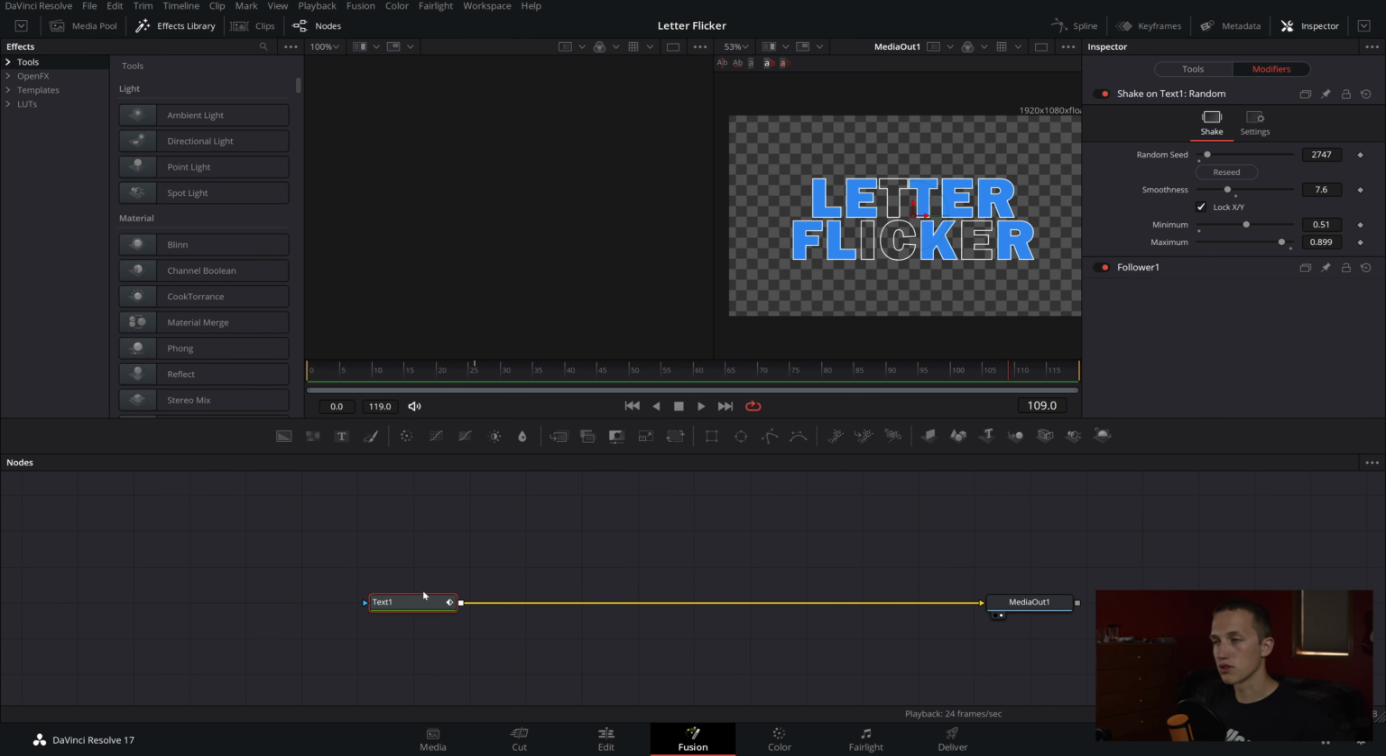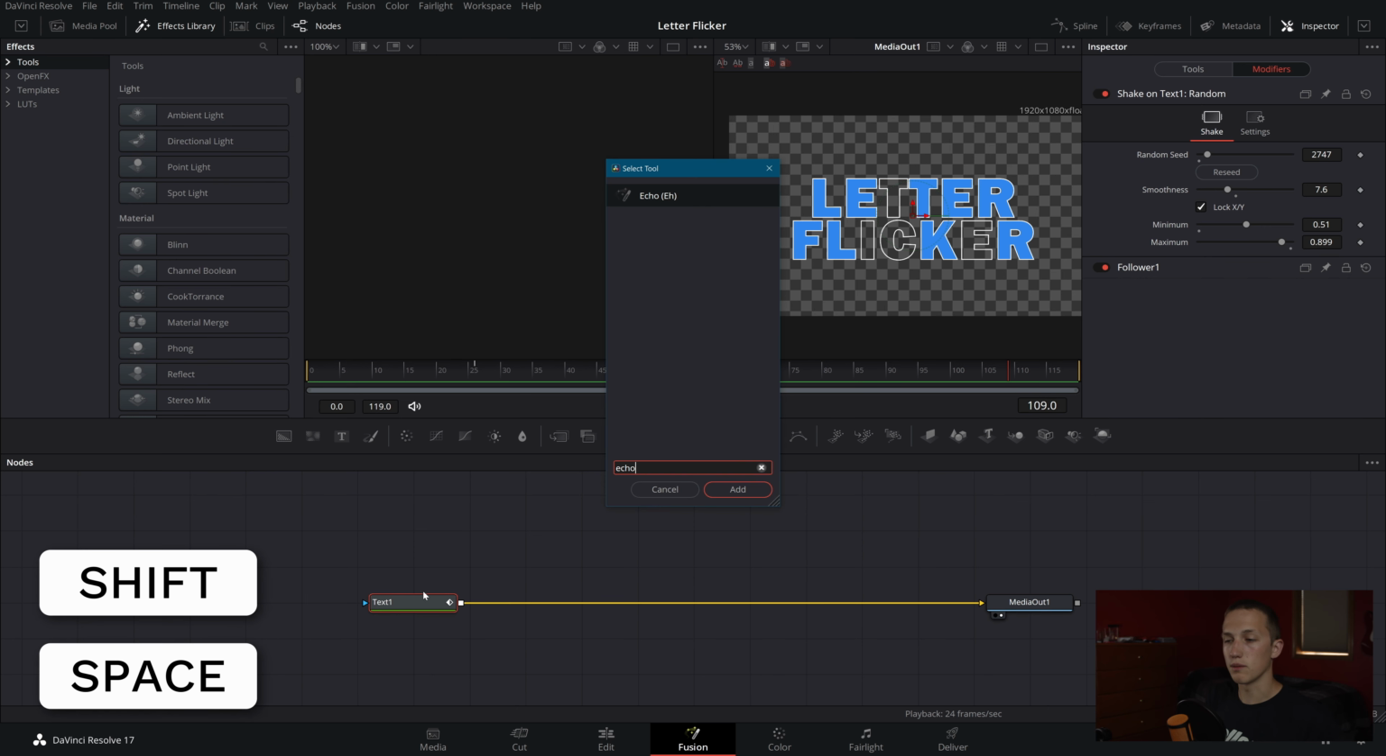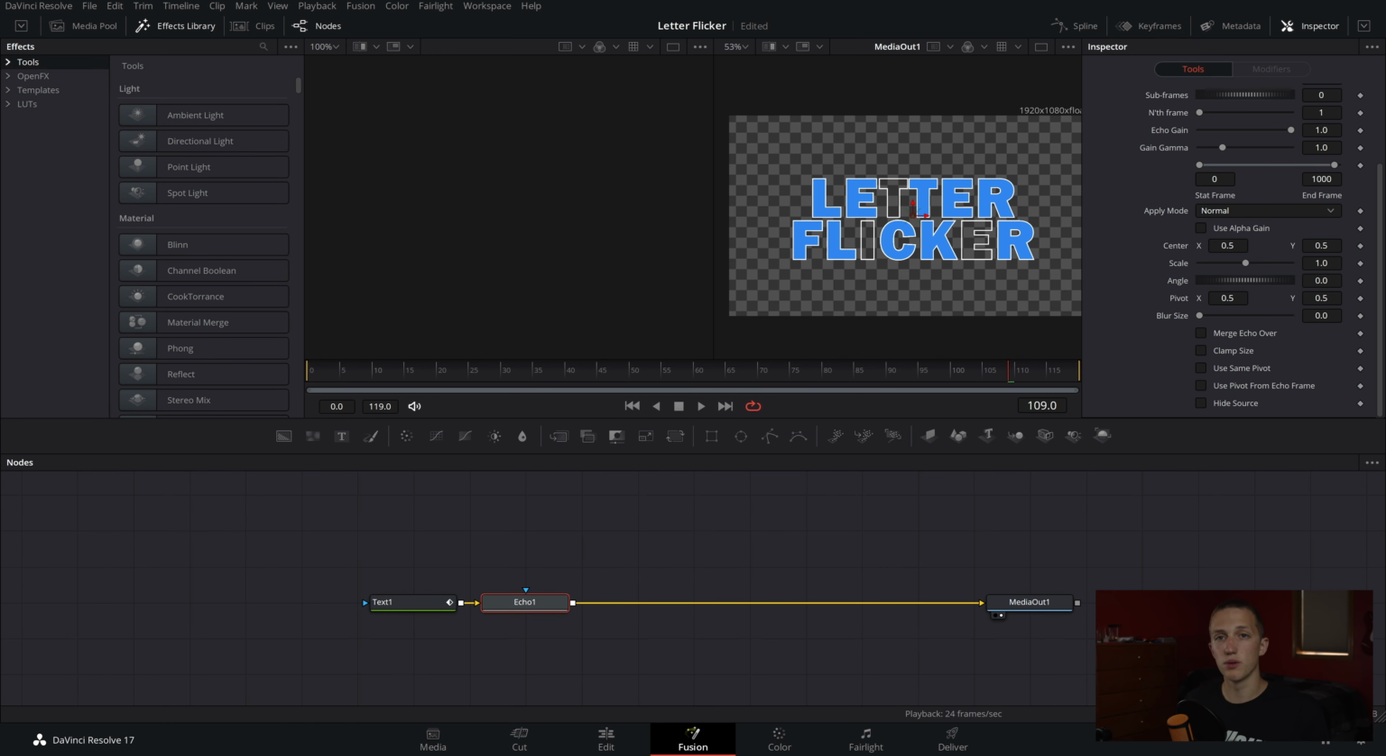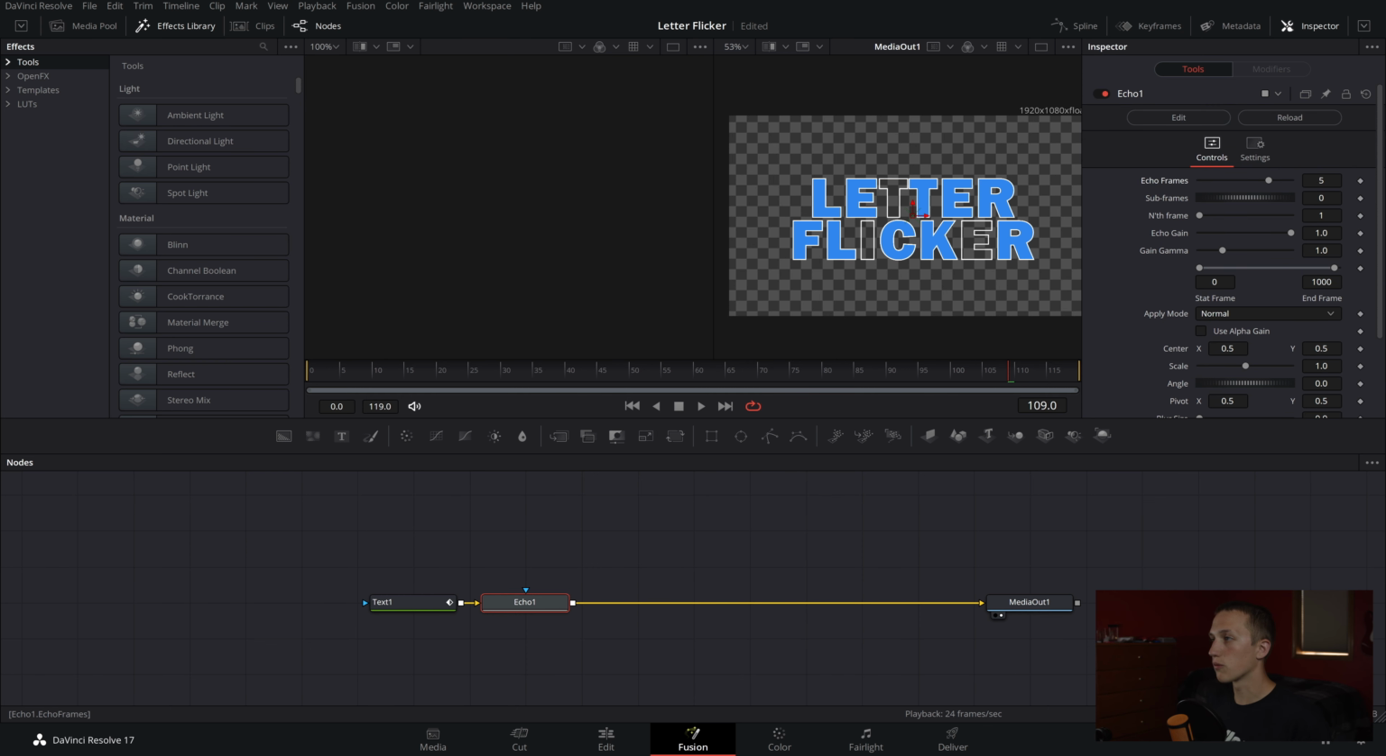Once you've restarted DaVinci Resolve, we can do Shift Space and type Echo, and then pressing Enter on your keyboard, it will add in the Echo node. So pretty much what this node will do is create an offset copy of our image. We're going to come up here and set the echo frames to be 7, so it'll create 7 copies. Then we'll set the echo gain to be equal to 0, and we'll set the gain gamma to be 1.575,